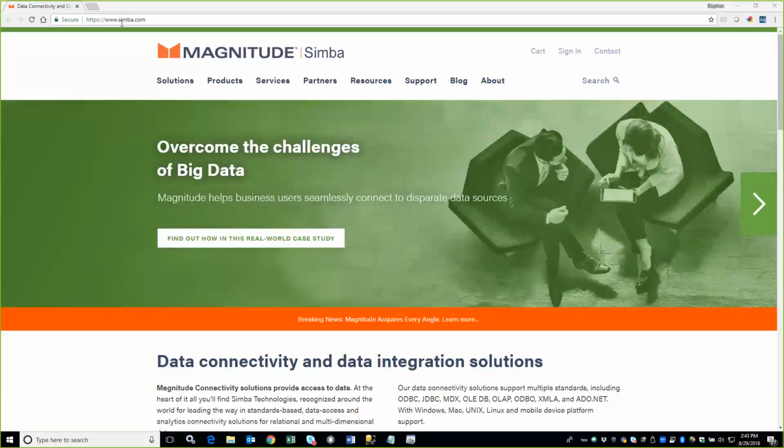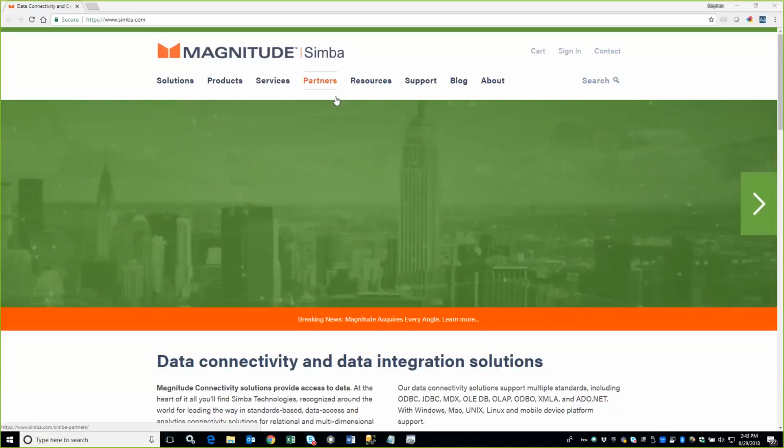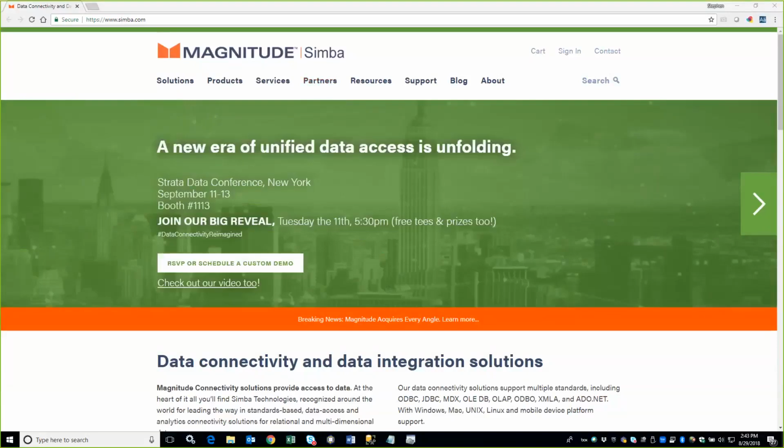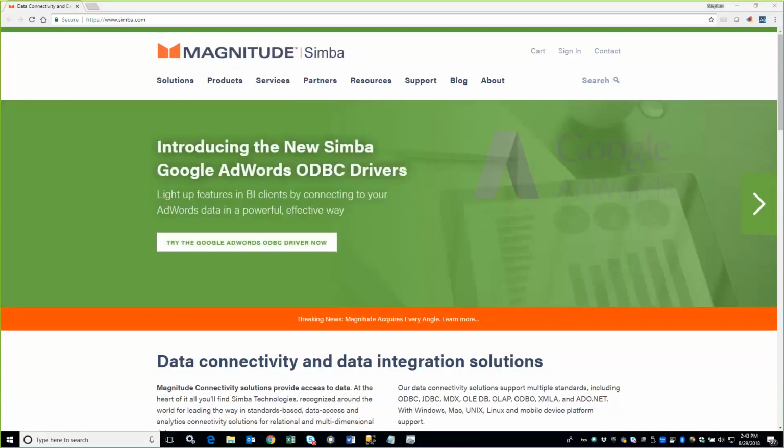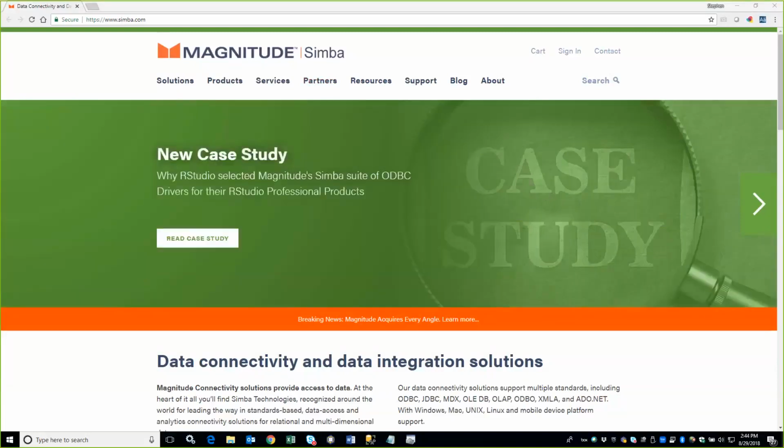And sometimes I'm asked how being part of Magnitude has helped our products like Dynamic Information Warehouse, which we call DIW, and Master Data Management, which we call MDM. As an example of how being part of the larger Magnitude organization has helped, I'd like to show how easy it is to ingest data into our data warehouse product, or DIW, using one of the many drivers available